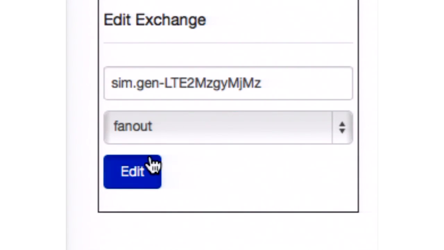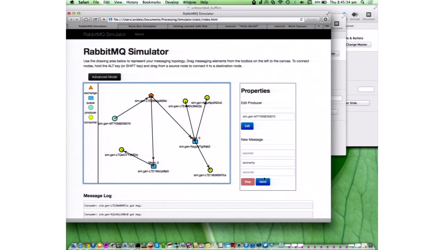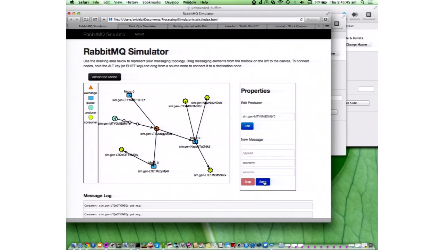If we say that we have a fanout exchange, you can see that the routing keys disappear because the fanout exchange just doesn't care about routing keys. It grabs all the queues that are bound to the fanout exchange, and it will send the messages there. So it's just like that. If you need to implement broadcast, PubSub, and so on, that's what the fanout exchange is for.